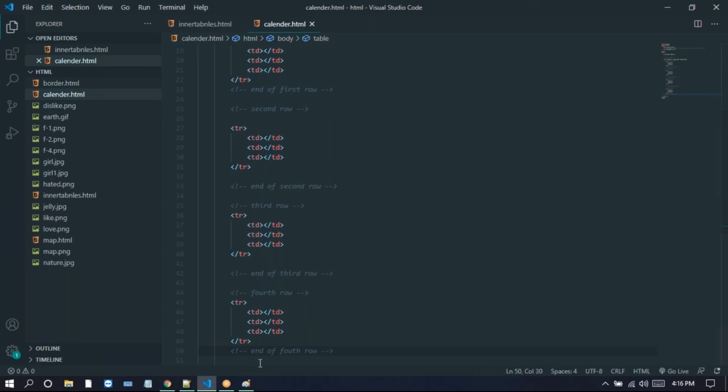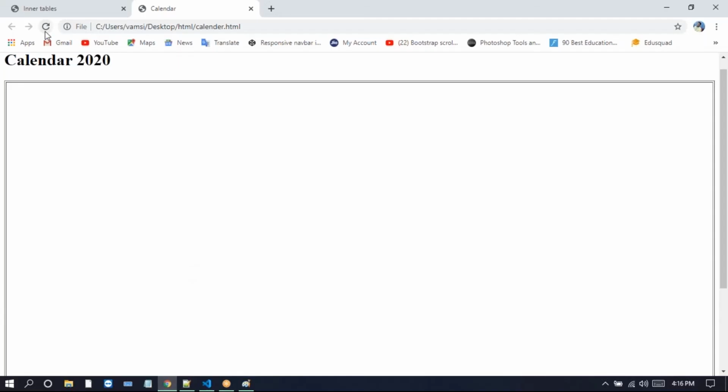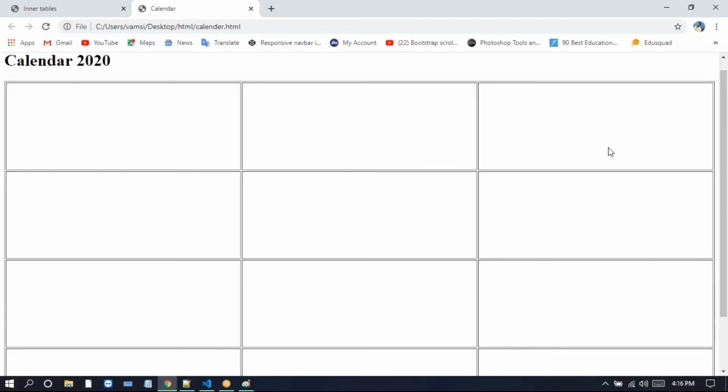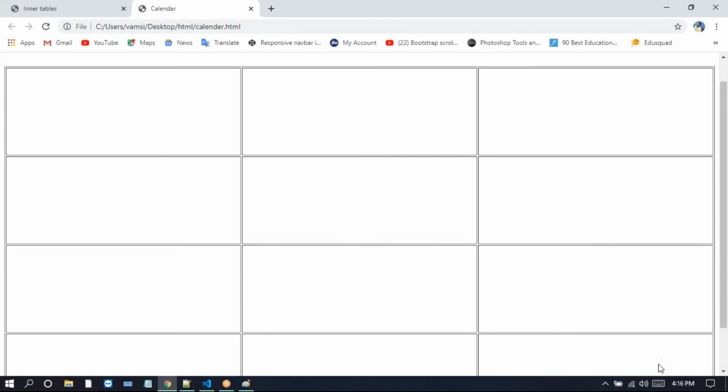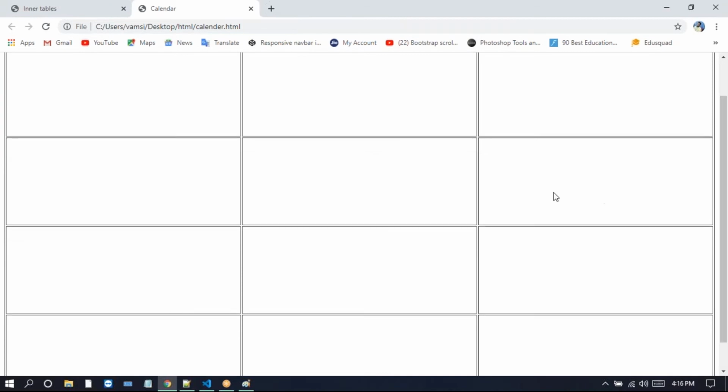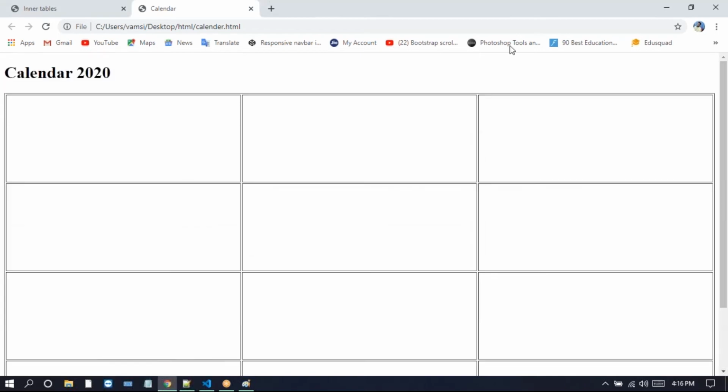Look at this one. In the first TD itself, we need to create the January month. For creating the January month, in the first TD, we take a comment: January 2020.